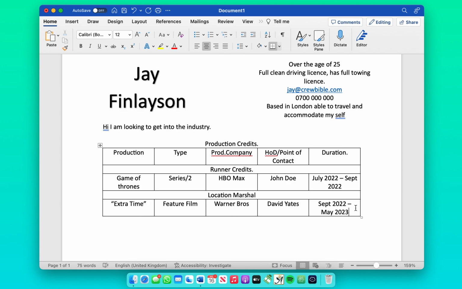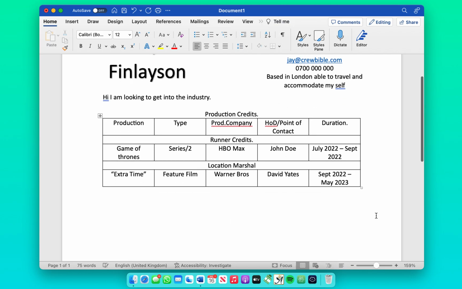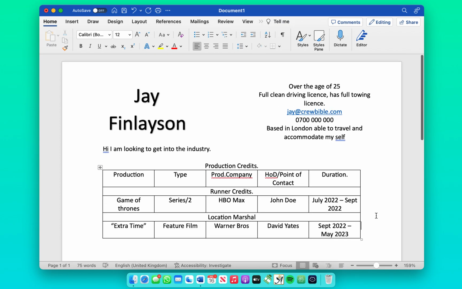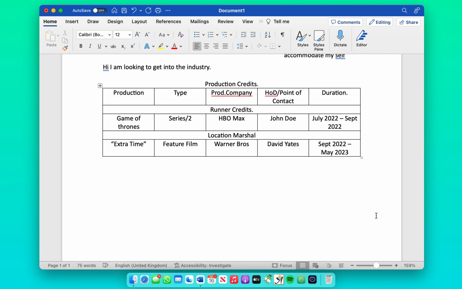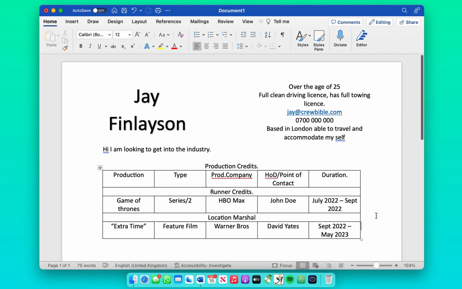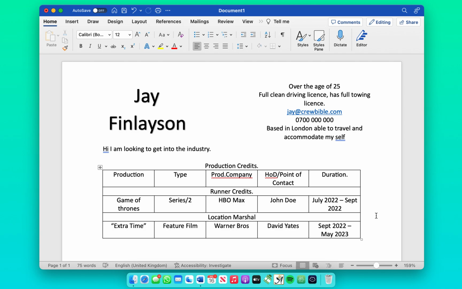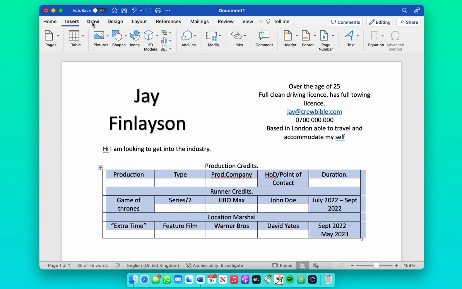And that's basically it, a simplistic CV. You don't need to have all these fancy pictures or fancy colours. Simple is better. If you wish, you can change the table, you know,